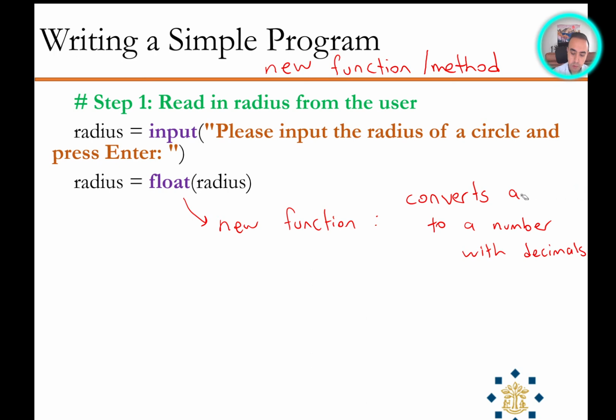It can convert strings as well. It converts string or integer values to a number with decimals. So what I mean by this is, for instance, if you input 10 or let's say 7.5,